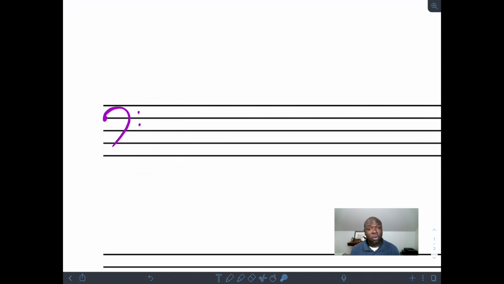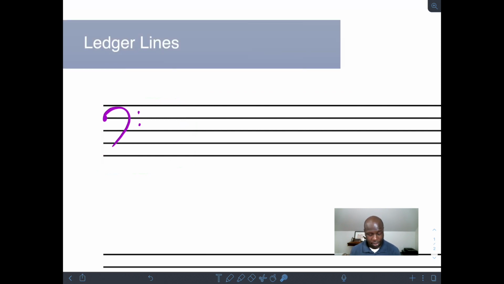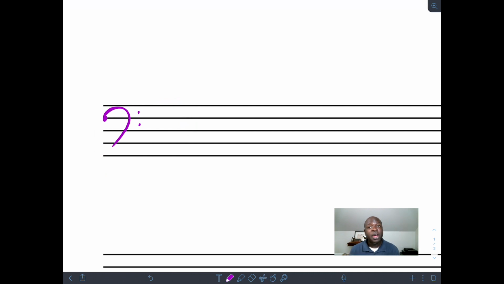Well, this is where this idea of ledger lines comes in. Ledger lines are, remember that infinite series of lines we had? Even though only 5 lines are visible at a time on the traditional staff, sometimes ledger lines make what you could think of as like a cameo appearance. There are notes that exist somewhere outside the range of that regular staff, so we need to borrow some of those infinite lines temporarily, okay?